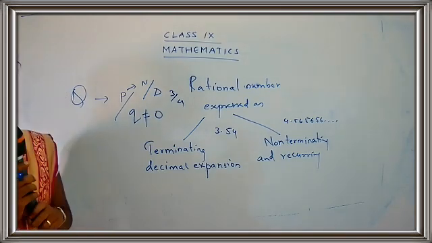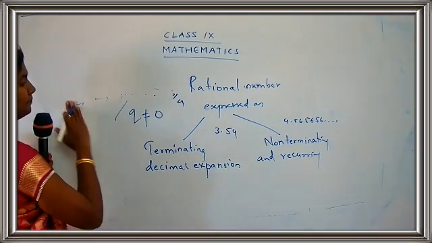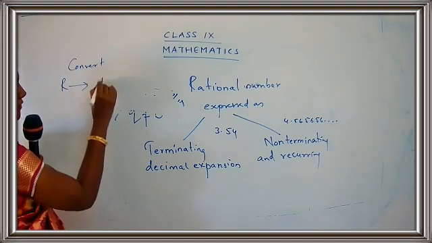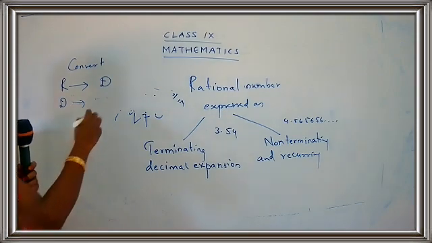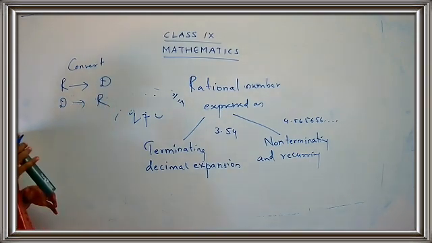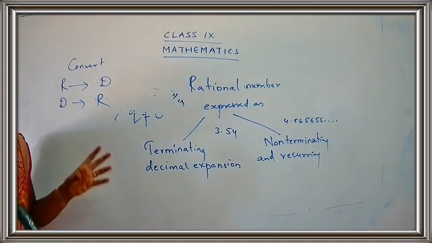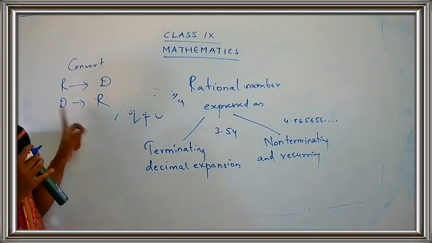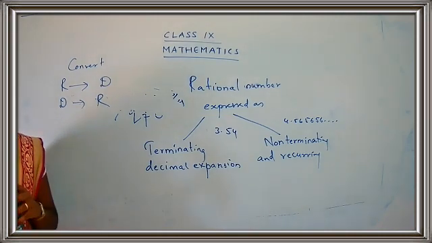Okay. So what are the two things that we have seen? We have seen how to convert a rational number into a decimal expansion, and also how to convert a decimal expansion into a rational number. We have just seen very few examples, only two, and I have given some extra questions from this type of conversion. So today we are going to continue with sum number 4.